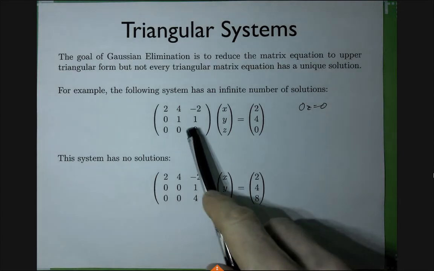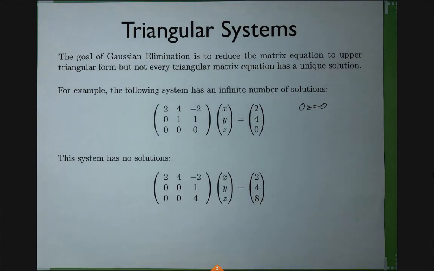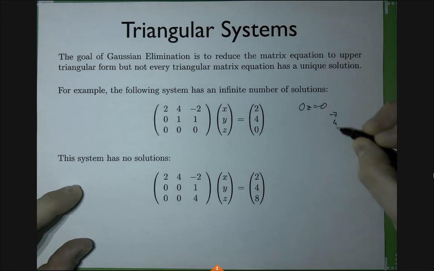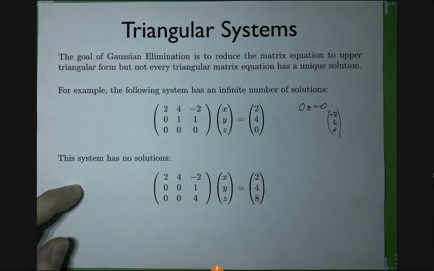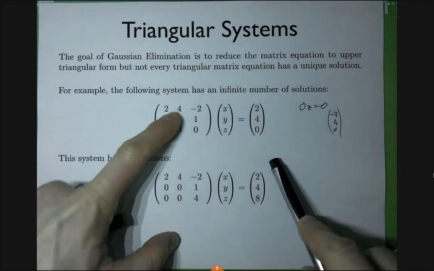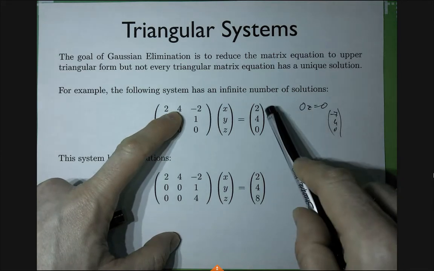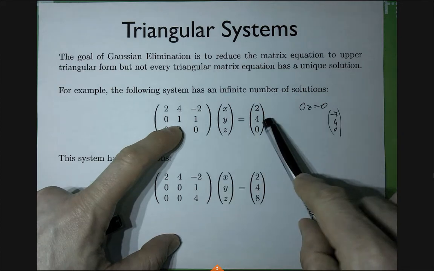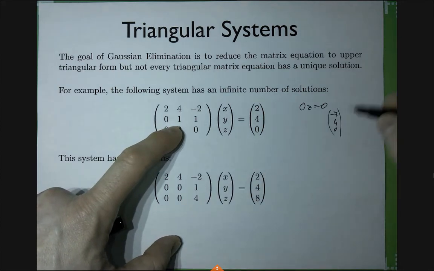And it turns out that in this case, we have infinitely many solutions, right? For example, you can verify that -7, 4, and 0 would be a solution. Let's try to verify it. Minus 14 plus 16, that's 2, right? And this would be 4. That's correct, right? But here is another solution.